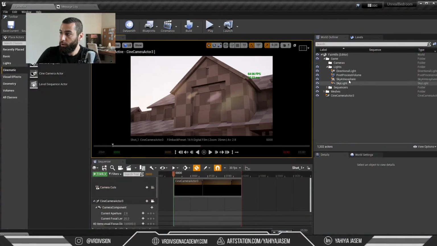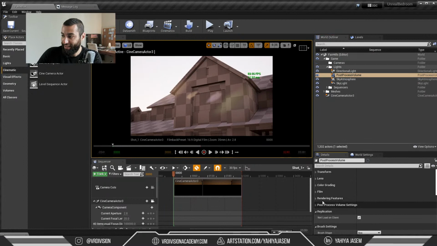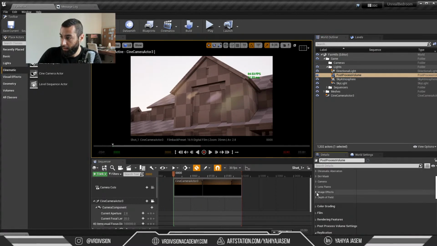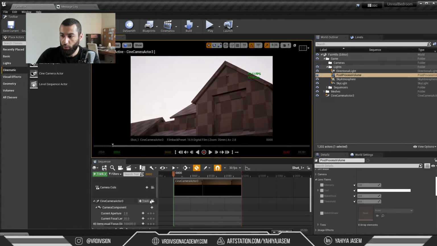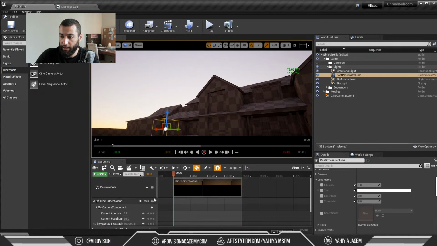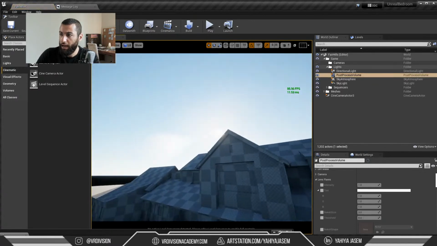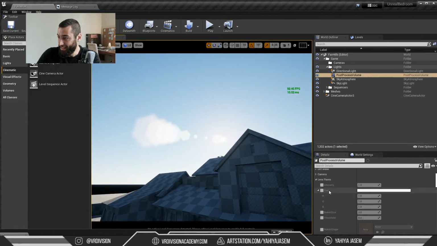To control it, we go to the post-process volume. Let's collapse everything. Let's go to maybe lens. Of course it is lens. And here we can find lens flares. Let's make this larger and get out of the camera. Well, maybe because of the light. So let's, aywa. These guys,